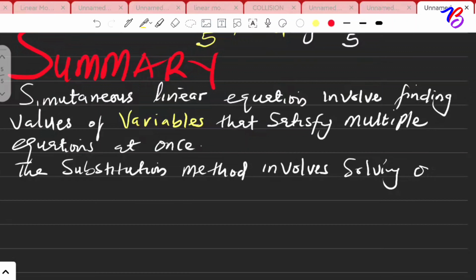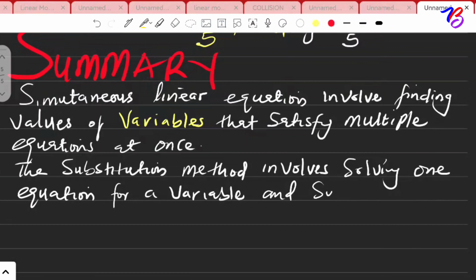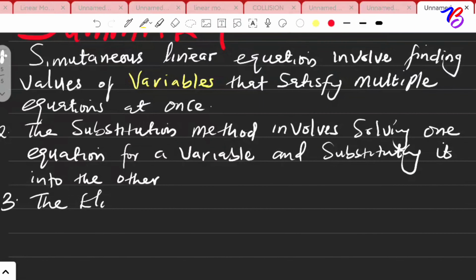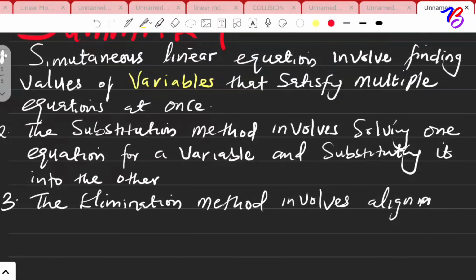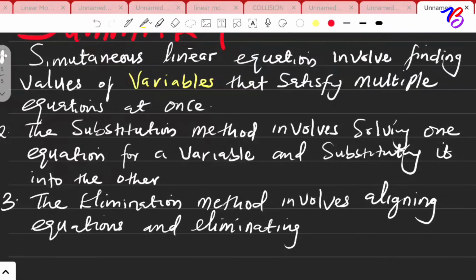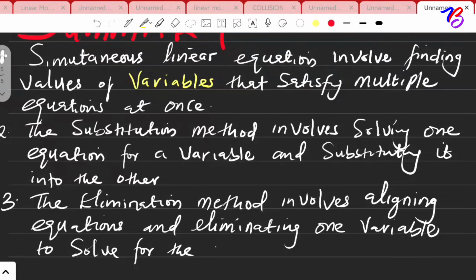Then secondly, the substitution method involves solving one equation for a variable and then substituting it into the other equation. Then the third of the triune components, the elimination method, involves aligning equations and eliminating one variable to solve